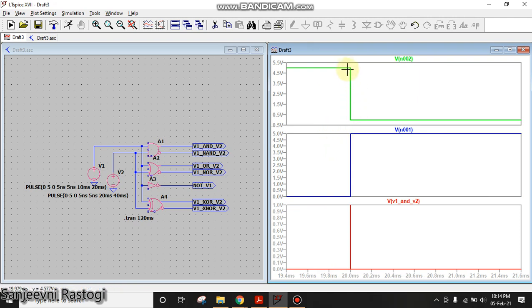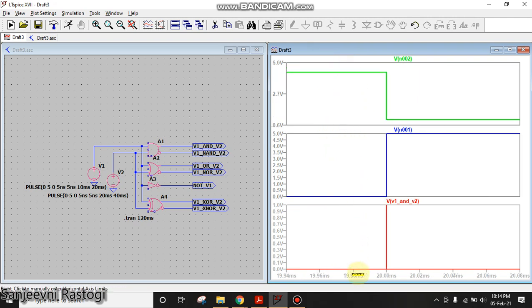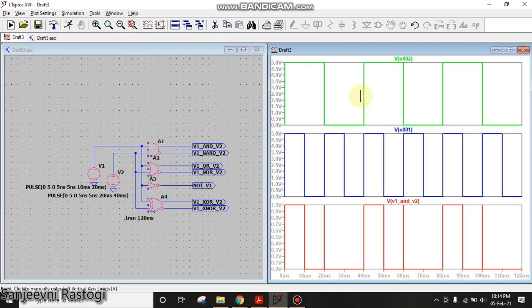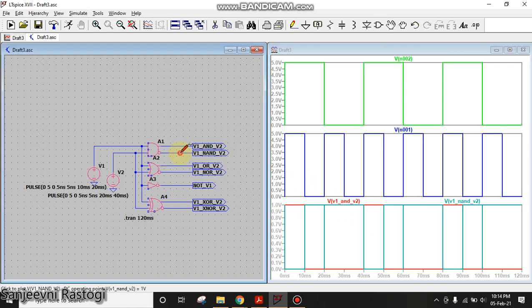If you look like this, there is a very minute rise. You can see that yes, it is falling down and this is rising. You see this distortion is there, and because of this we are getting a spike here. To zoom out from here, just click here on the pen like this.